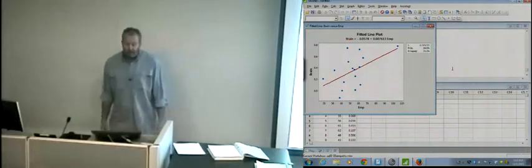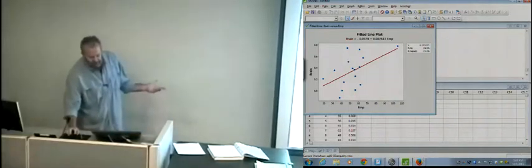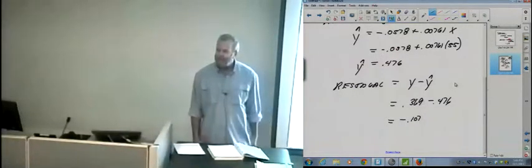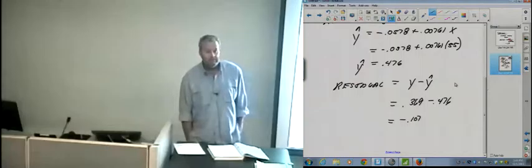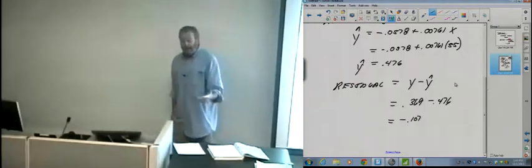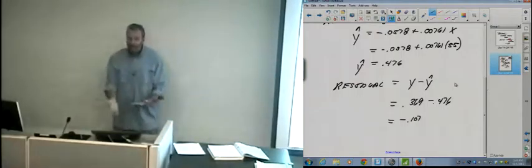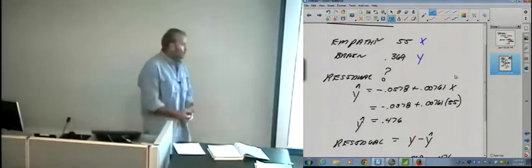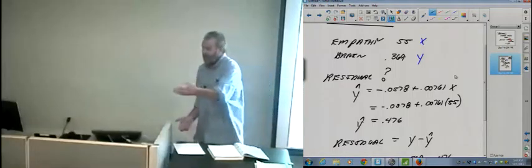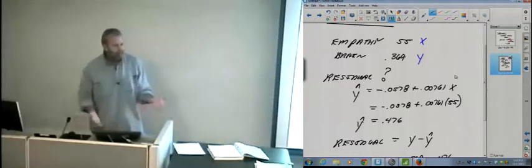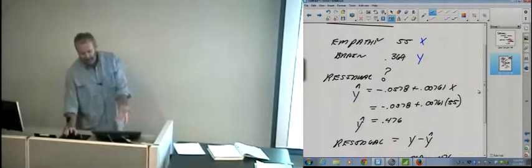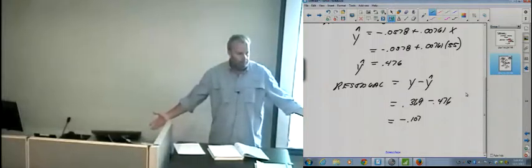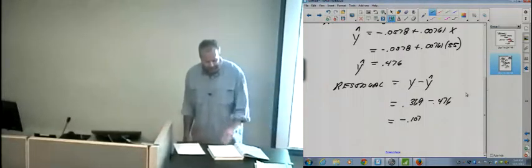Okay? Now, was there anything special here about subject 4? Could I have done this for any one of these 16? And the answer is, yeah. Right? I just picked one. If I would have picked another one, what would have had to happen? The steps were the same, right? Whatever subject I picked, they have an empathy score and they have a brain activity. Right? You have an X and a Y. You got to plug the empathy score in to see what the line is predicting and do the subtraction. There was nothing special about subject 4. We could have done any of them. All right? Now,